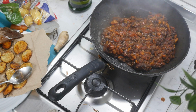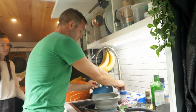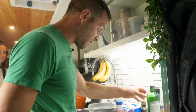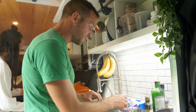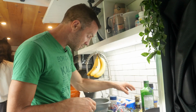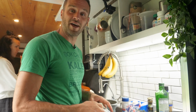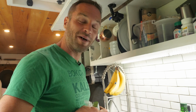We give the plate a rinse. So we could do something with mushrooms if I was more planned, but I wasn't really that planned. So that's all kind of good. We leave those aside, and we're going to make just a quick little salsa, so that we do have a few textures coming. So what are we doing with our salsa? We've got cucumber. So now we're going to play find the veg, see what else we can put in. Ideally the nectarine would have been great. It would have been better in this, but